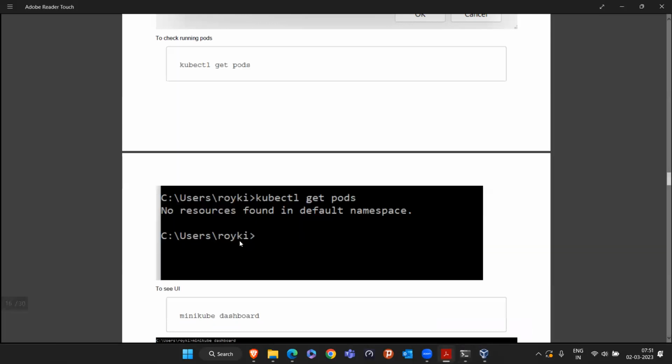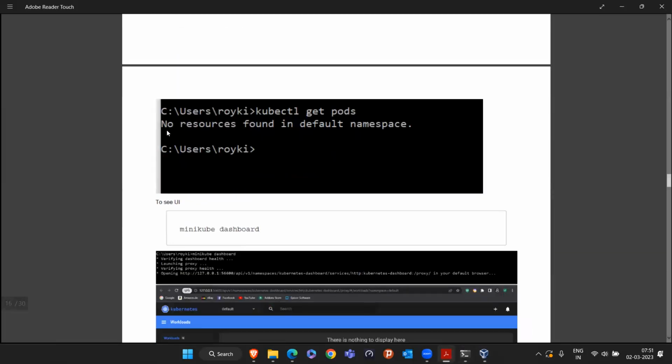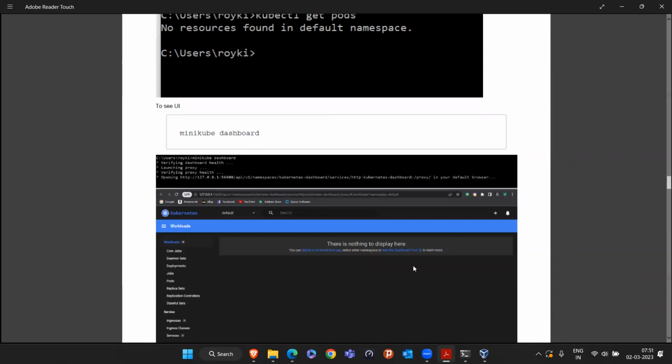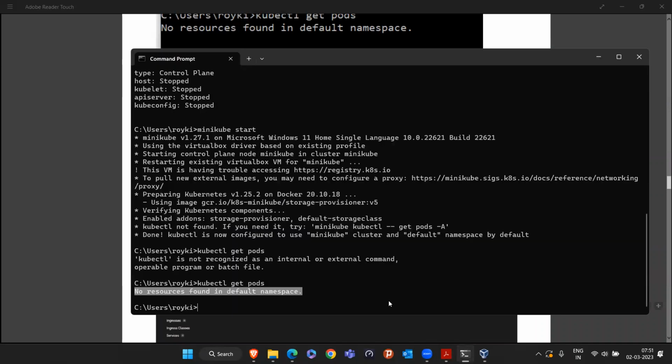Now once you've done till this, and after hitting this command you are getting some answer like no resources found in default namespace, that means your minikube and entire Kubernetes cluster is set up perfectly fine. Now, if you want to see the user interface of your minikube, simply hit the command here: minikube